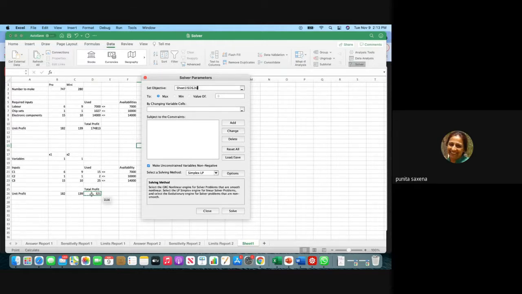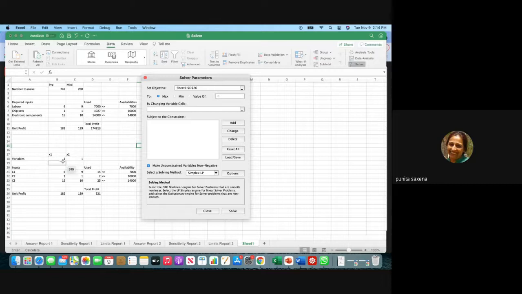उसको सेलेक्ट कर लो बस, और कुछ नहीं करना, वो ऑटोमेटिकली यहाँ पे आ जाएगा। ठीक है, उसके बाद हमारा ऑब्जेक्टिव फंक्शन क्या है? टू मैक्सिमाइज। You can choose, if it's a minimization problem you can choose minimization, but ours is a maximization, so I choose maximizing. OK, now it says by changing variable cells. अब वेरिएबल सेल्स का मतलब क्या हुआ? यही तो है हमारे वेरिएबल्स की वैल्यूज जहां पे हम डाल रहे हैं। मेरा x1 कितना हो, x2 कितना हो, कब? जब मेरा प्रॉफिट मैक्सिमम हो। यही तो चाहिए हमें, इसी को ही तो निकालना है।